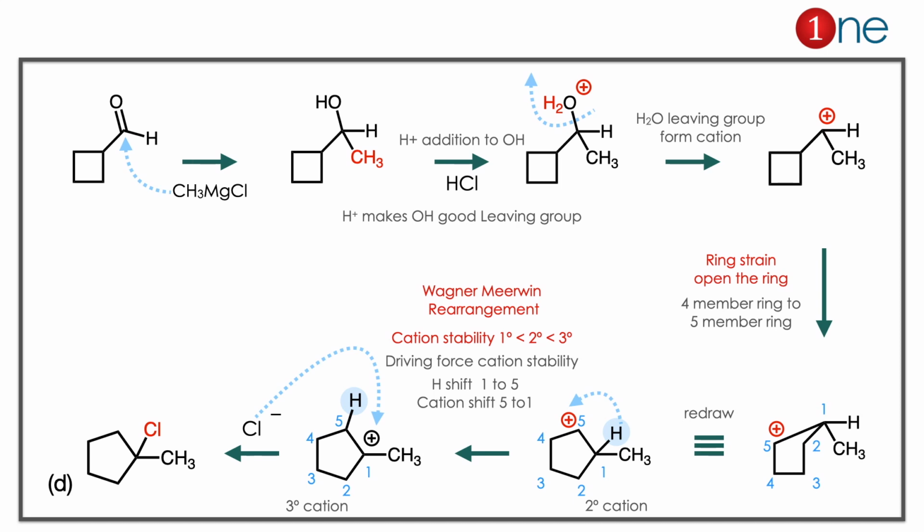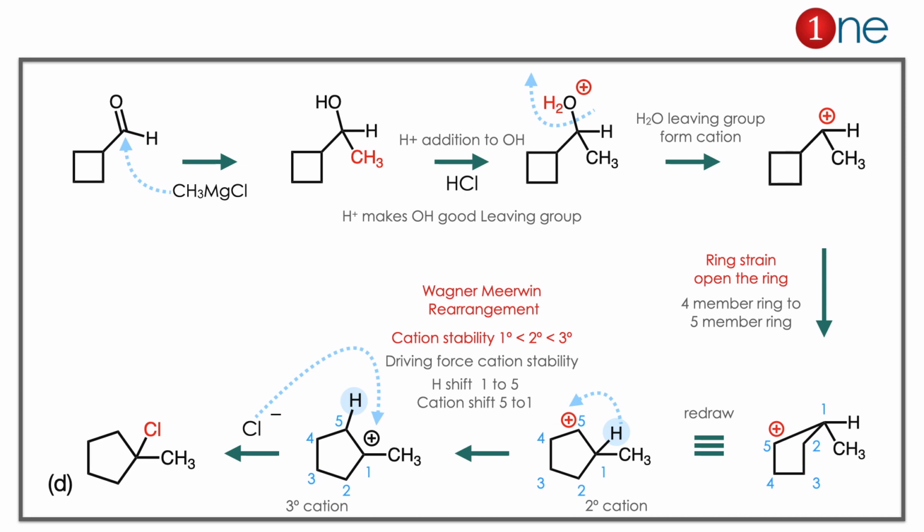The starting material has an aldehyde, and you are using methyl magnesium chloride. Obviously, there is nucleophilic attack of methyl. This is a Grignard reagent, it supplies the anion. So a new C-C bond forms and O becomes OH. Then in the next step you are adding the acid. What the acid really does is make OH a good leaving group. So OH becomes H2O, which possesses a charge, so it tries to leave as water. So you have cation formation.